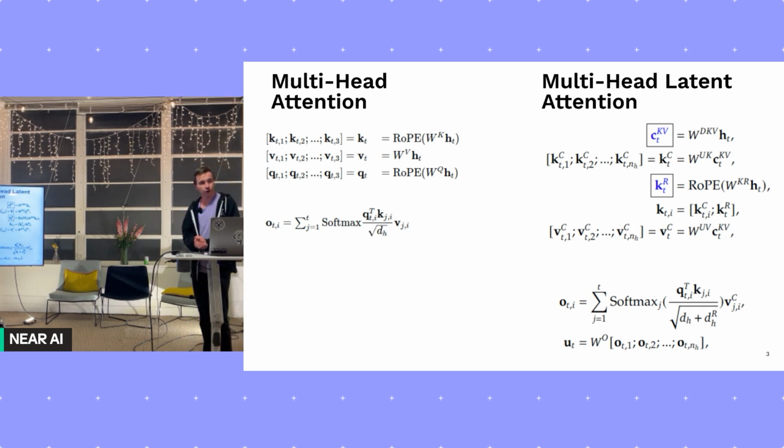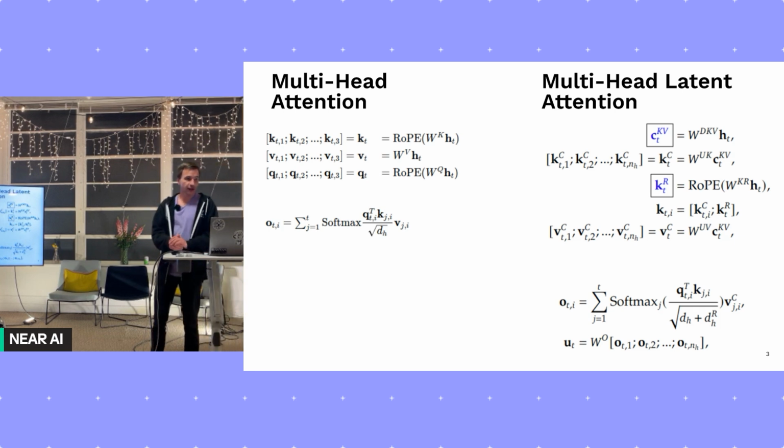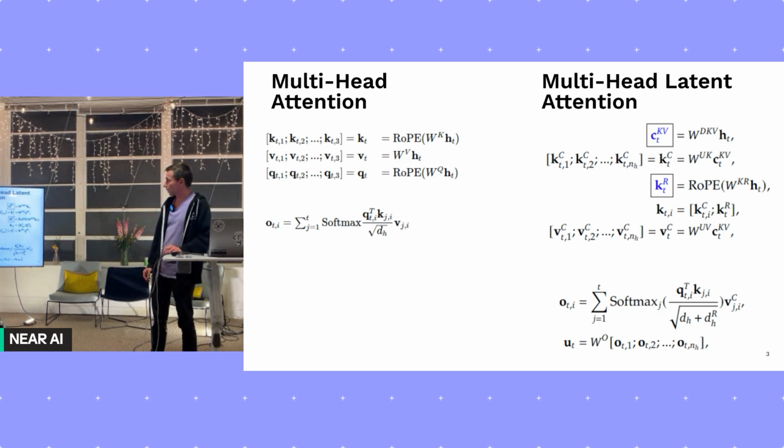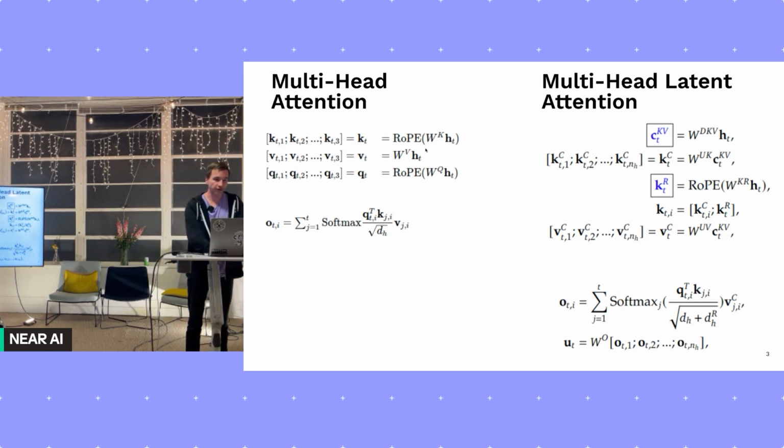Let's begin with the first one in the paper, multi-head latent attention. On the left here, I have the basic attention. You have the input vector, in this case called HT, which is whatever is coming from the previous layer or from the embedding. Then you have three matrices: W_K, W_V, W_Q. Oftentimes, it would be a single matrix that you later splice into three. And you multiply